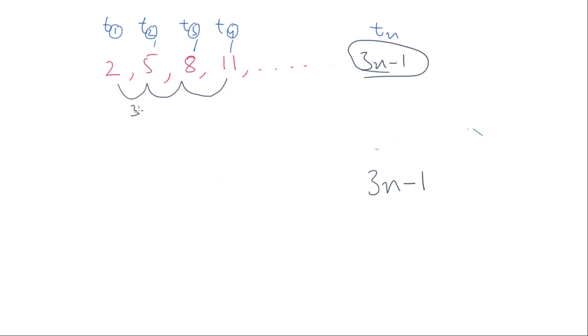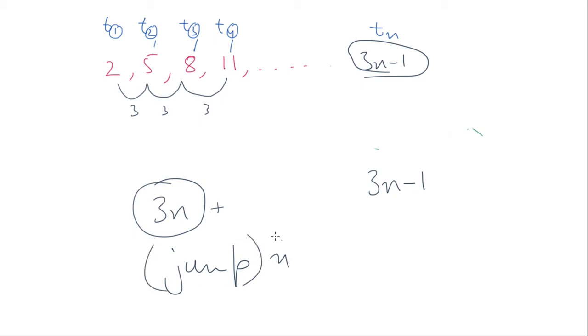How much is the jump? So no matter what, 3n will be the thing, okay? No matter what. And then if 3n is not directly matching, you will adjust with a plus or minus something to match it, no matter what. The jump times n will be the thing, and then you can have a plus or minus a constant to adjust it as you wish. Is that clear?